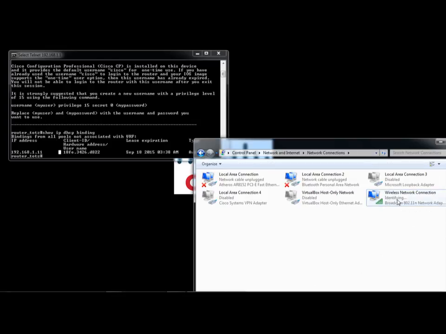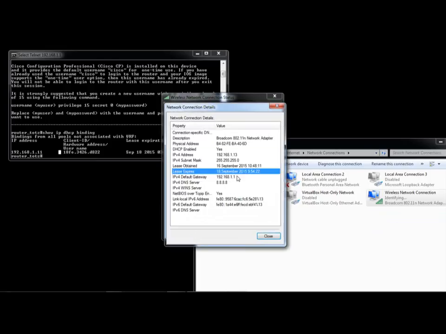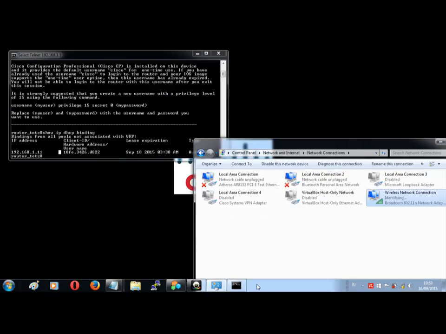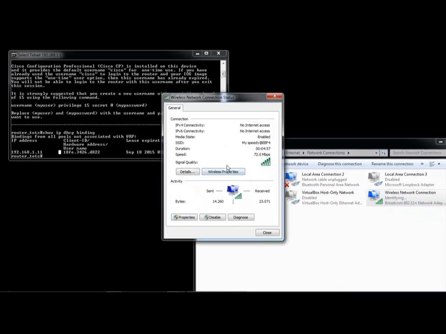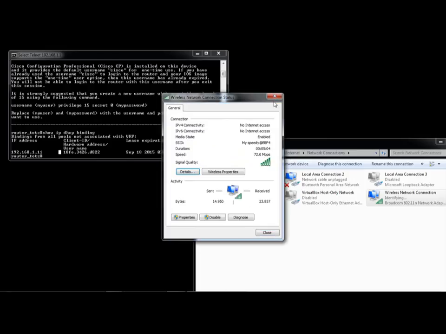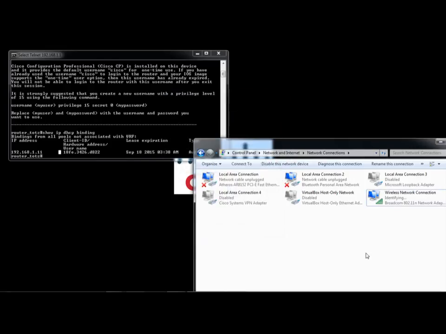And while in the identifying status, you still have that. You are still using the 1.13 address. You still stick to that address.